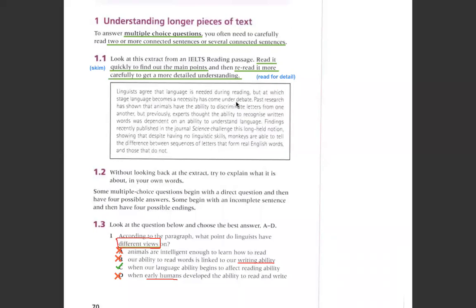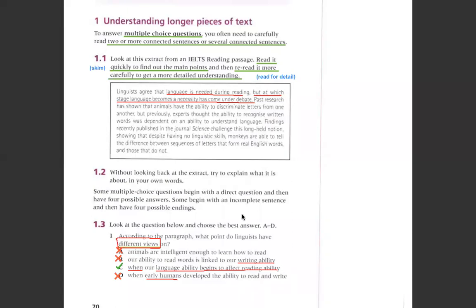Great, the word debate. And if you knew that, then you would have been able to get the answer. But at which stage language becomes necessary has come under debate. So when, at what stage, the language begins to affect reading. Okay, so they agree that language is needed to read, but at which stage it's needed or how necessary it